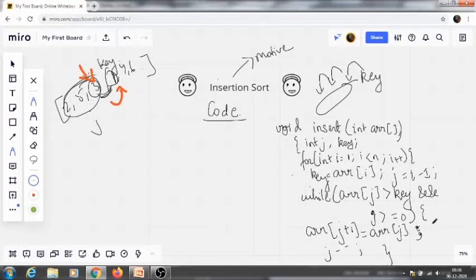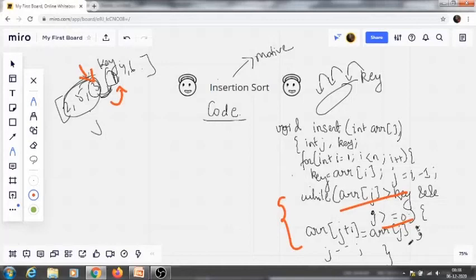So this specific code will run as long as these conditions are satisfied, that is, till j is greater than or equal to 0 and till array j is greater than key value.